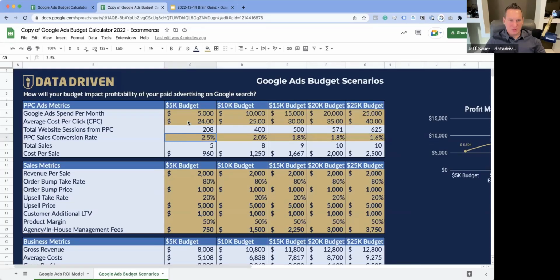So it's sort of showing that when you spend $5,000, you're cherry picking the lowest hanging fruit, which is usually remarketing for search ads. It's long tail keywords and so on. As you spend more money, you need to lower your standards a little bit in order to get in front of more people. And so naturally, you'll see cost per click increase because you're not going after just low hanging fruit, and you'll see conversion rate decline.